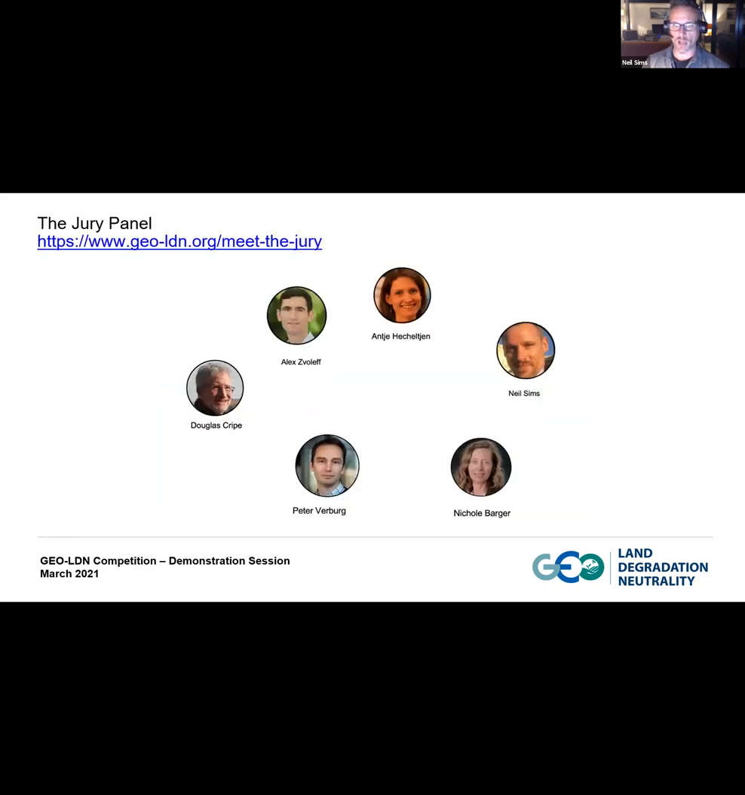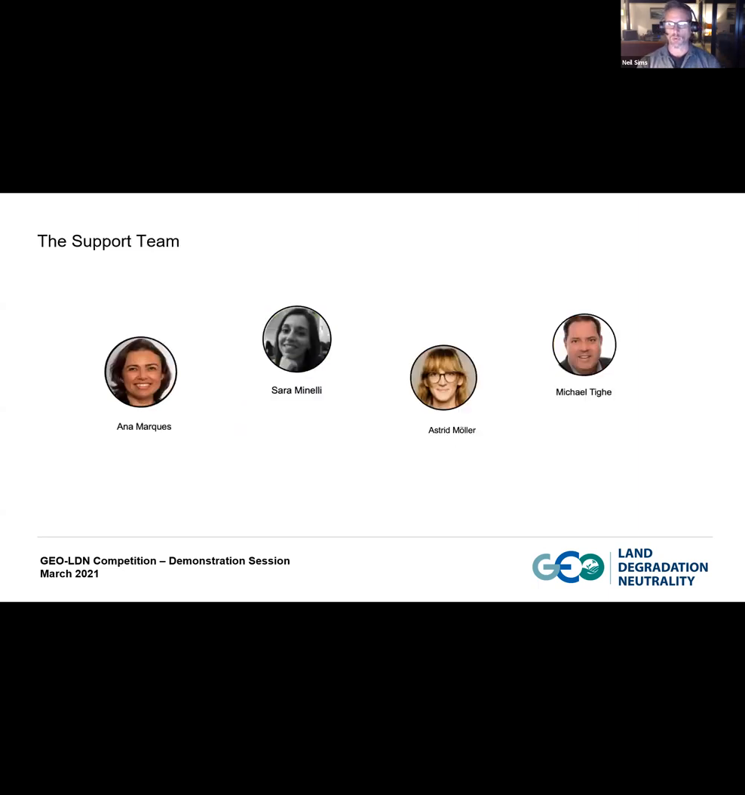I've been fascinated by it. The final decision on which proposals would move through to the next phase was made by our jury, of which I am the chair, using a consistent and rigorous assessment process at every stage, and we'll go through that again after this demonstration tonight. And the whole process has been very ably supported by a wonderful support team who've excelled